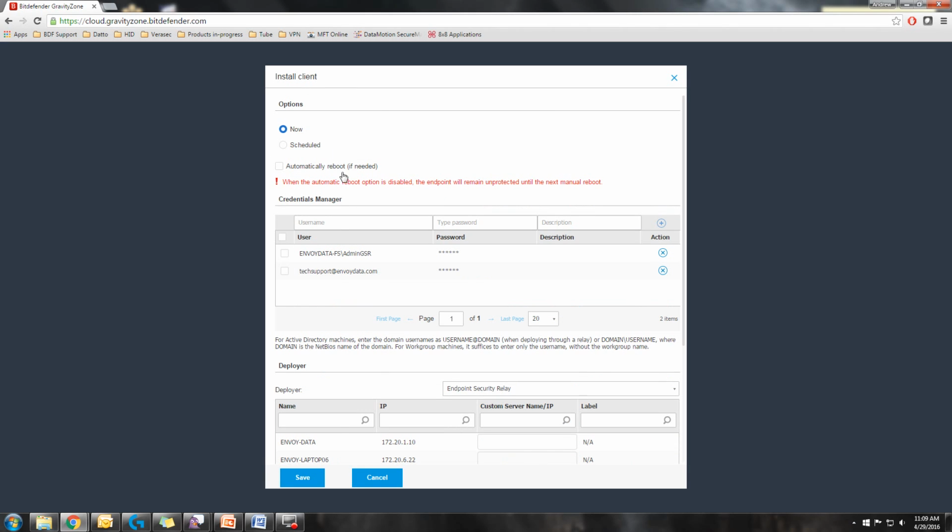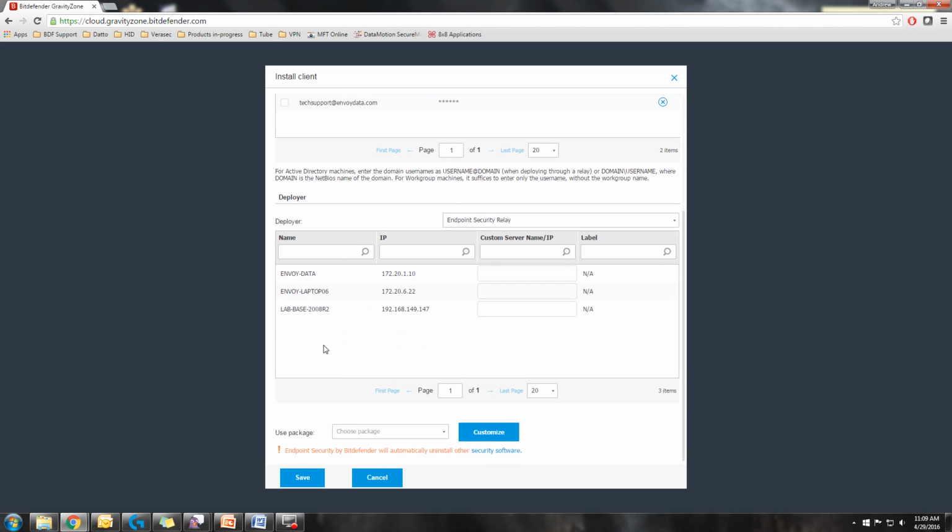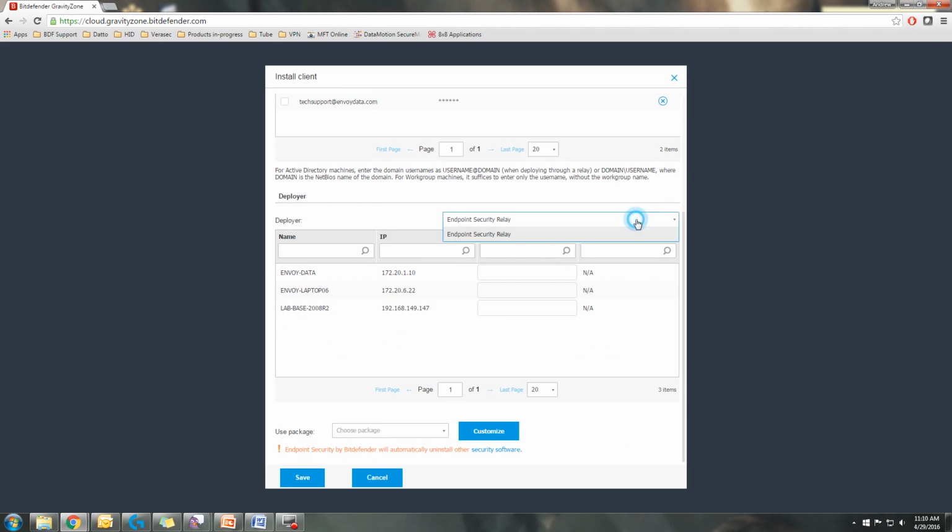and then it would have you basically set your options for your client install. You'll want to have credentials in place that have some level of admin rights on the network that is required for the deployment. So you'd select your credentials, you'd select your deployer, which is going to be your security relay. So you'd select that, and then you select your package